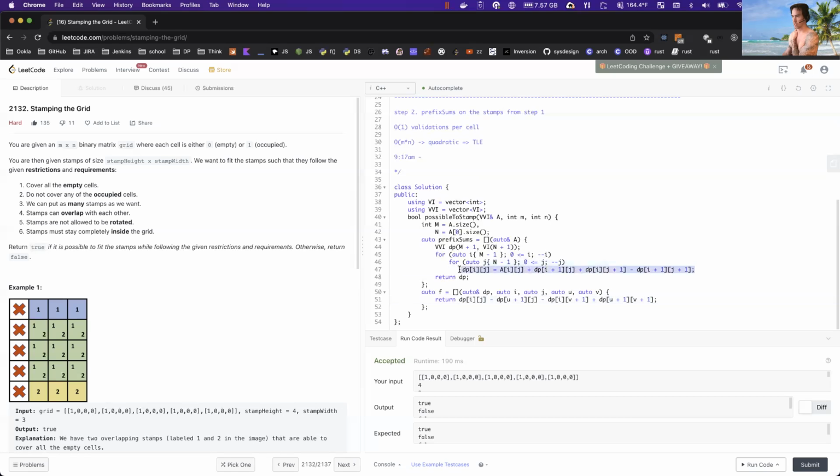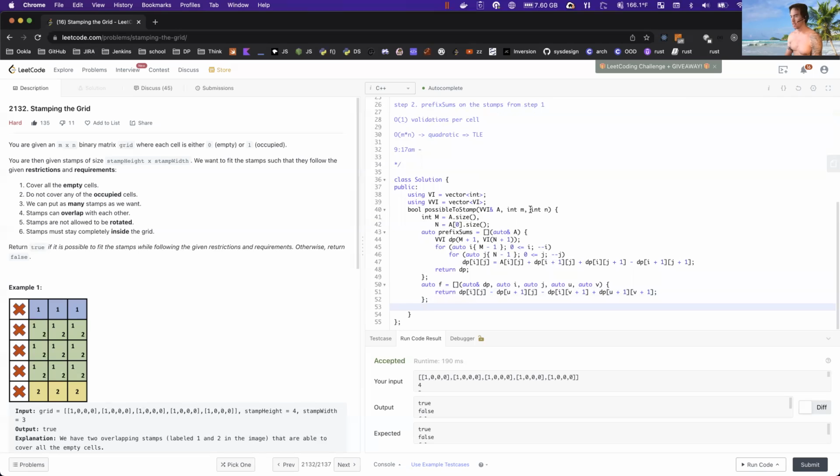So the prefix sum is basically we build it upon itself by including the input matrix cell ij, and then we add on to it below and to the right, and then we subtract once below and to the right. The opposite is that we'll subtract below, subtract to the right, and then add back once down to the right. Okay, so then the last step we need to do is the actual validation